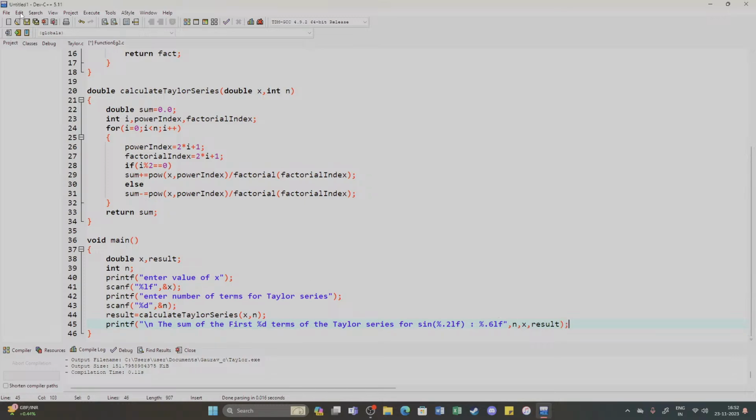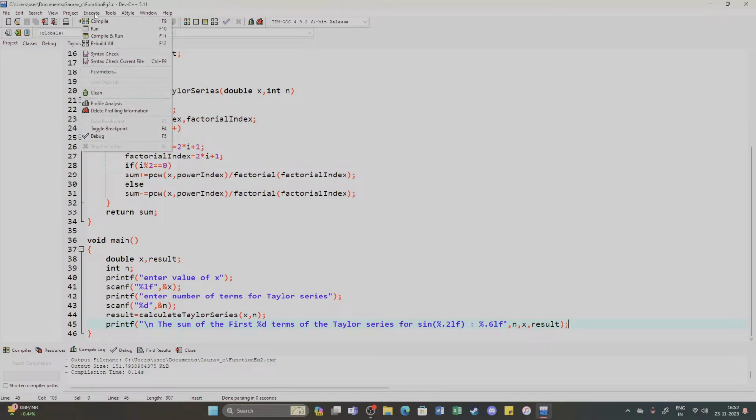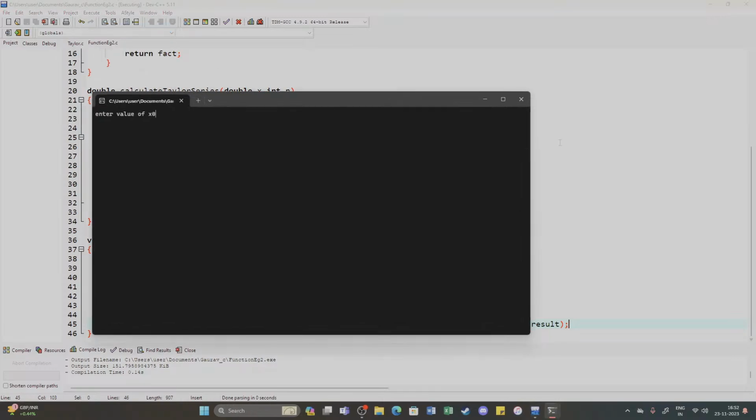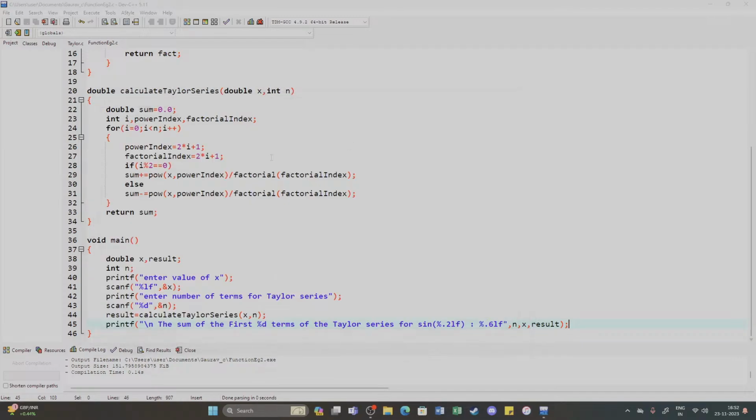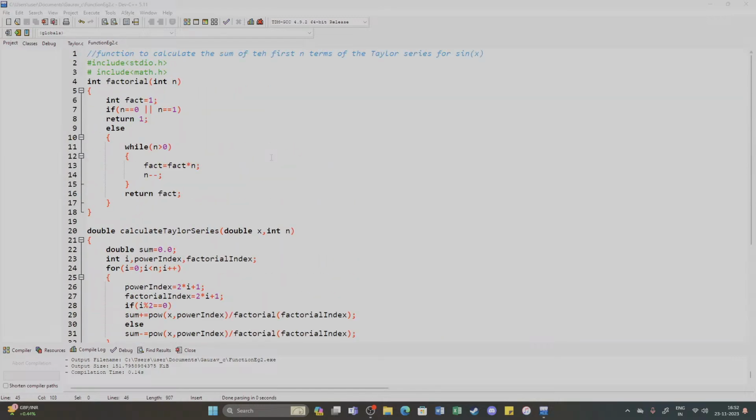That's all. We'll save the program. We'll compile the program and we will execute the program. 0.785. Number of terms 5. So you will get this sine of 0.79 as 0.7016. This is how the Taylor series will be calculated. Right? So what we did here,